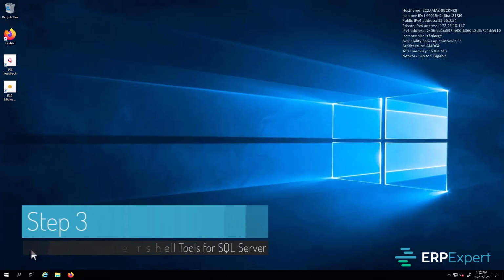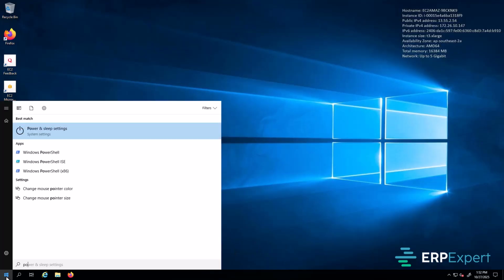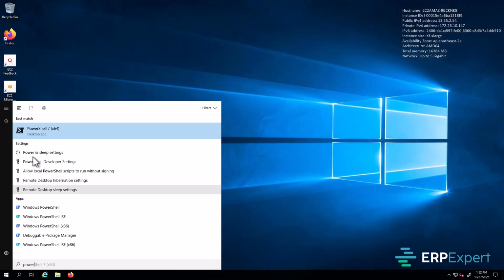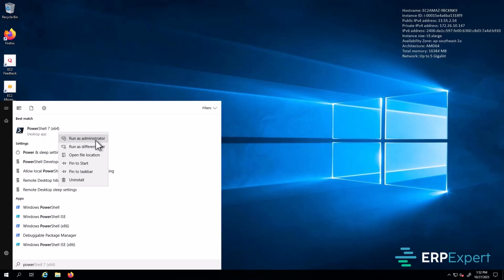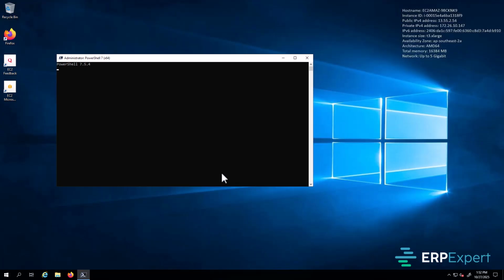Okay, to install the PowerShell tools for SQL Server, just click on the Start menu and open the new PowerShell that you just installed. Just type in PowerShell and make sure you open PowerShell 7. Don't open the ones that are in light blue. Open the one that says PowerShell 7 in dark blue. Right click on that and say run as admin. Yes to that prompt. Now what you need to type here is this: Install